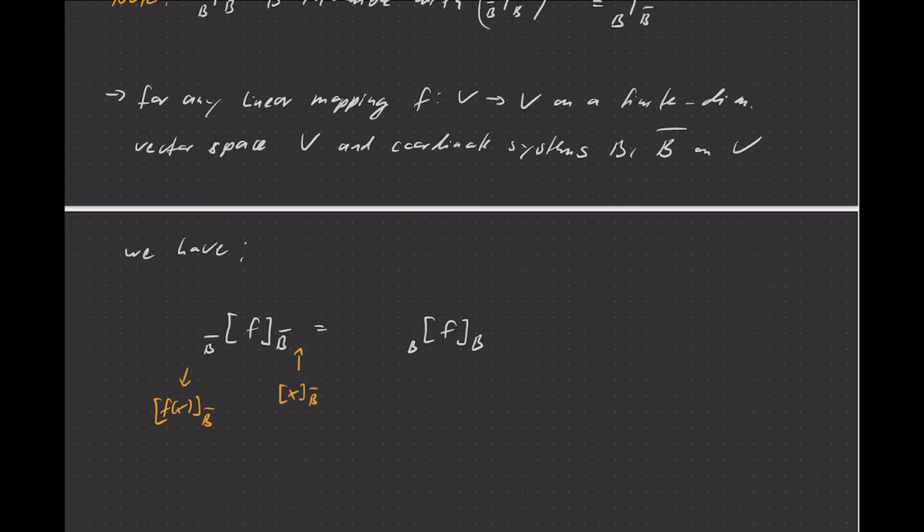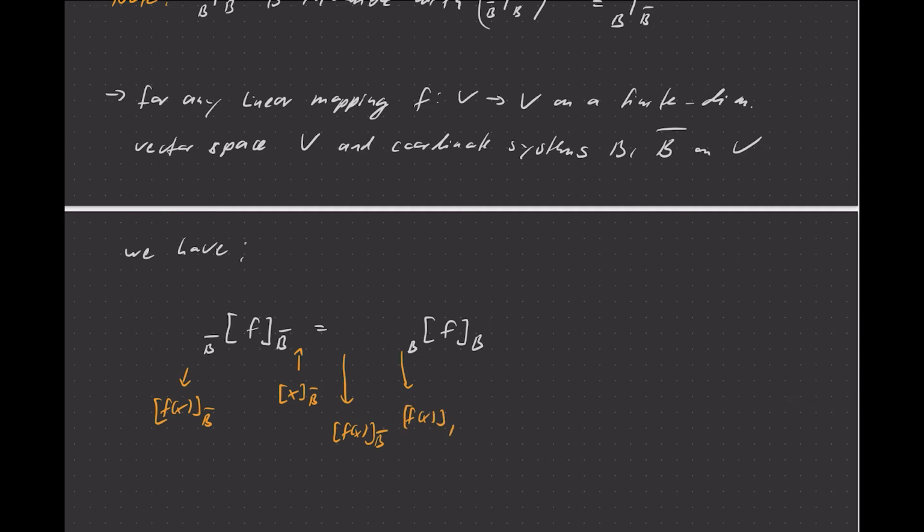So that's exactly what we want. How do we get that? So here we also need to have f of x in B bar coordinates. Here the output of this operation will be necessarily f of x